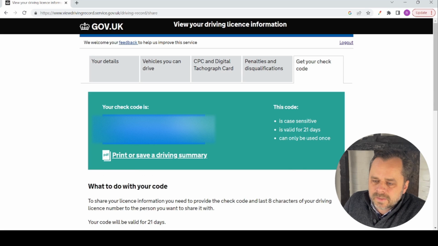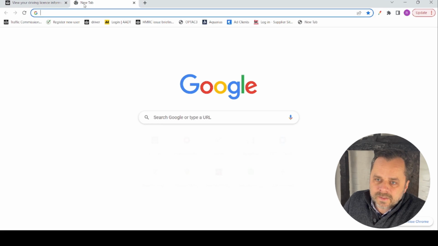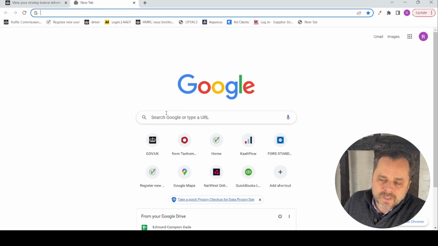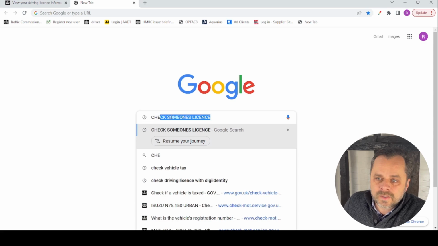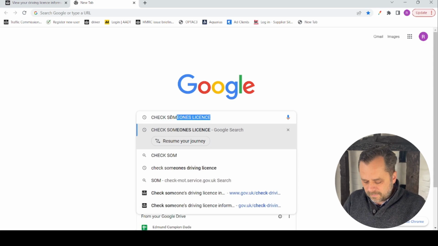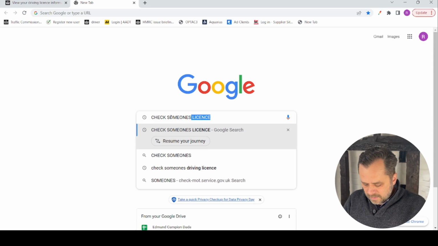I'll click on that, and then this is the code that is required to give to the employer, and this can also be printed. Okay, so the driver can actually print that, and then this will print the driving license check for us. But in this case, I'm going to simply copy that, and so let's assume that the driver has given this to us, and then I'm going to type something like check someone